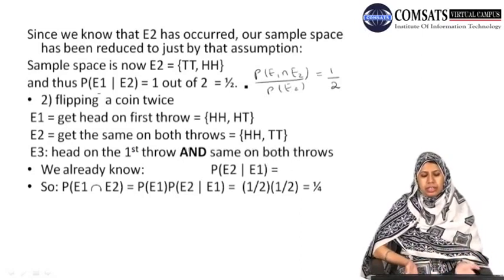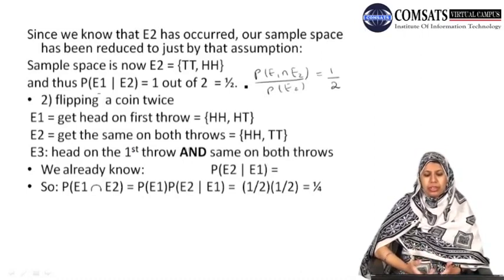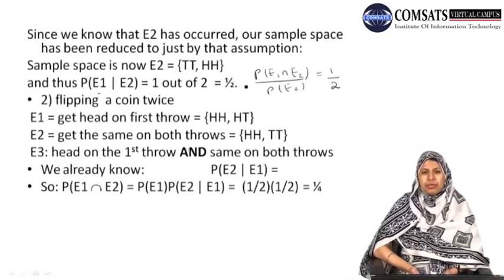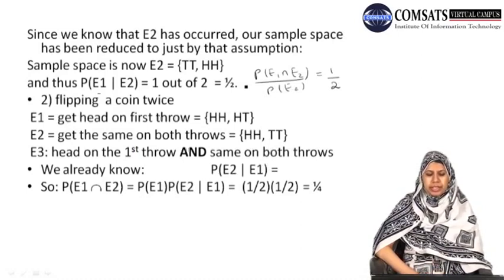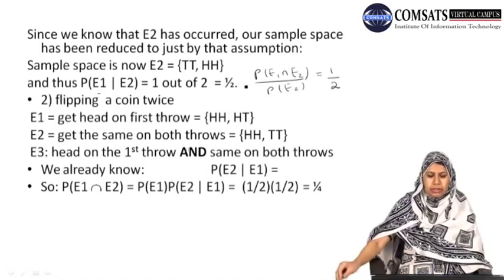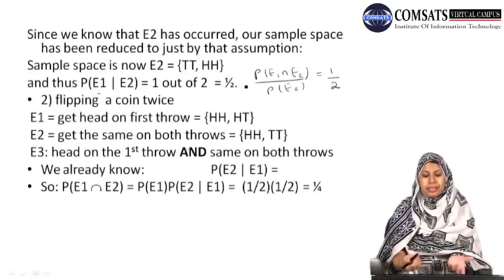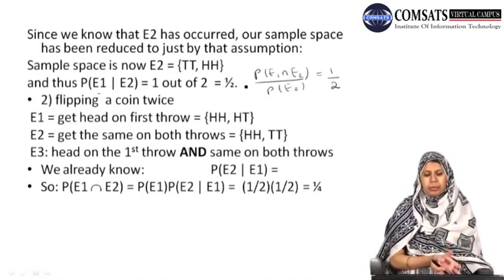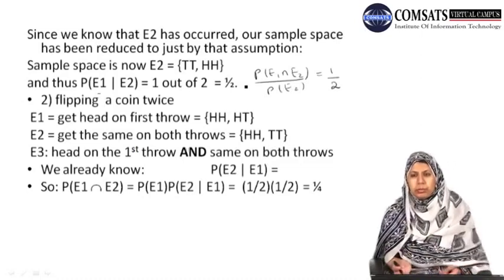And we define our event E3 as head on the first throw and same on both throws. So the event E3 is nothing but the intersection of our events E1 and E2. Okay. Then how can we find the probability of this joint event? That is, we are obtaining head on the first throw and at the same time